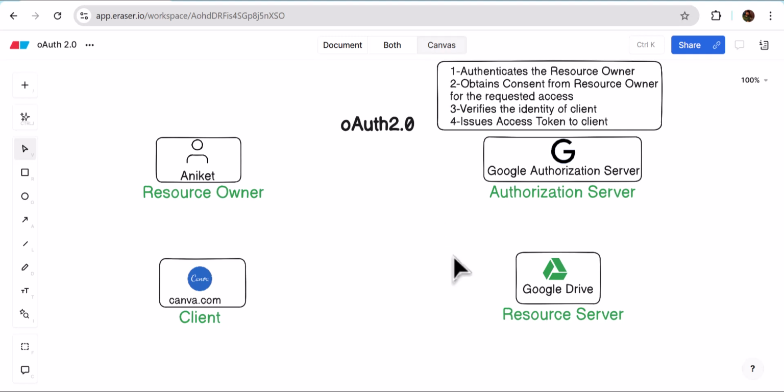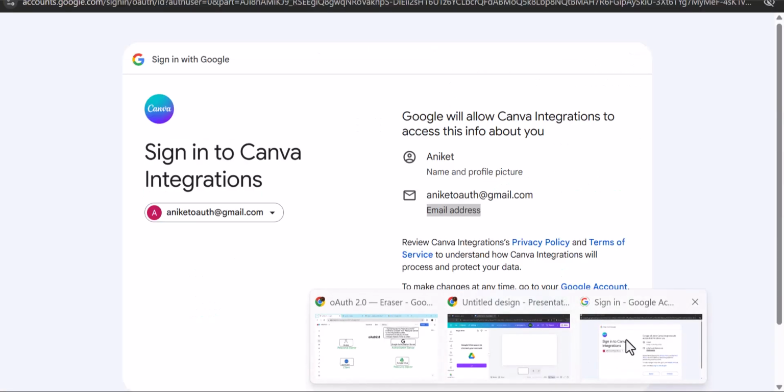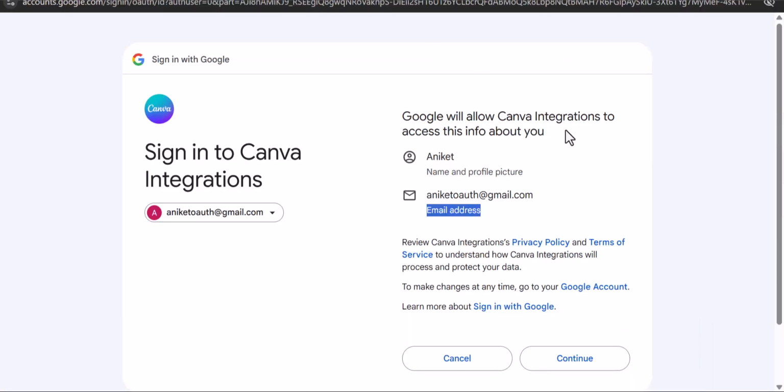Who is the resource owner? I am the resource owner, right? It is taking consent from me. See, it is saying Google will allow Canva integrations to access this info about you. If I'm okay, I can click continue. If not, I can click cancel. So this is the first part of that consent. Now, if I click continue again,